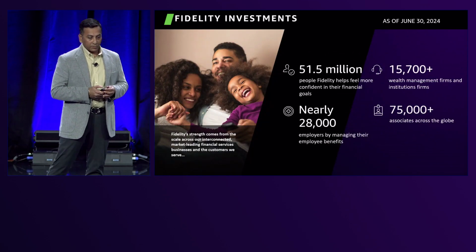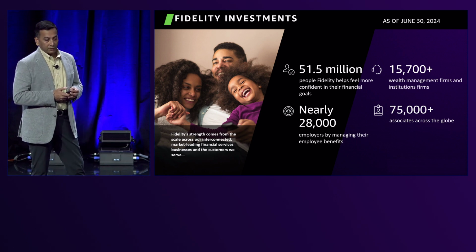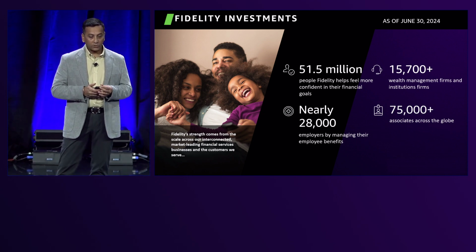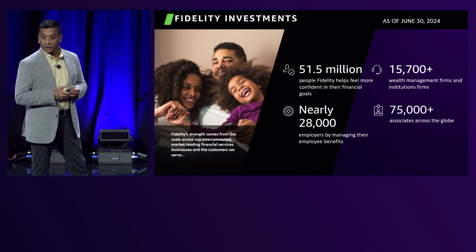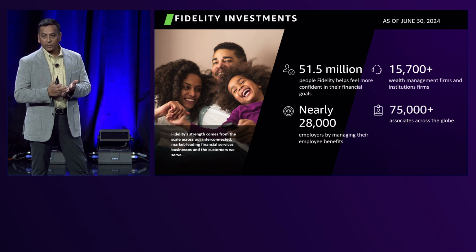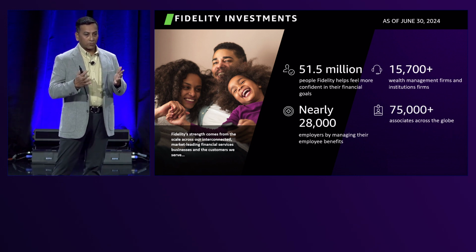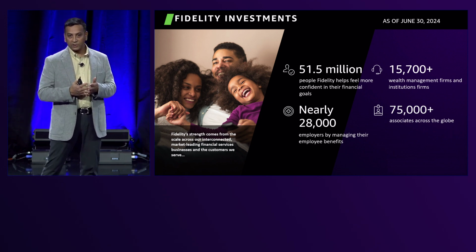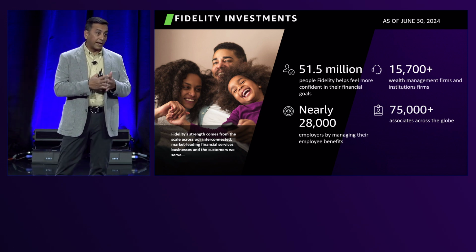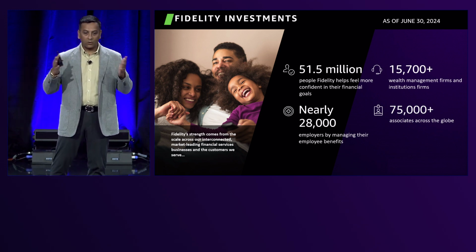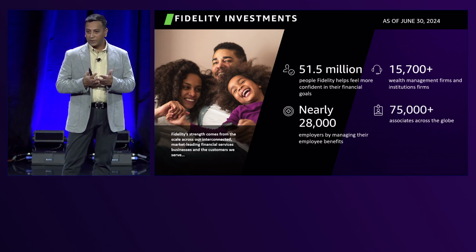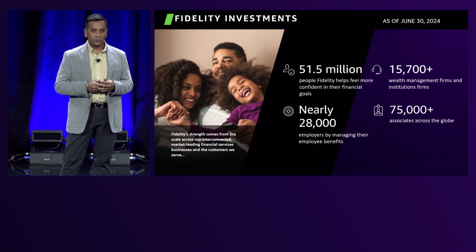So these are some impressive numbers. 51.5 million Fidelity helps more confident in the financial goals. 28,000 employees by managing their benefits. So Fidelity, as you all know, it's got brokerage and 401k and all that, but besides that, we are also big on defined benefits, pension, stock plan services. We do student loan management, healthcare, Medicare services, and a lot more. So all of these require a lot of integrations with technology, and that's why technology is a huge portfolio in